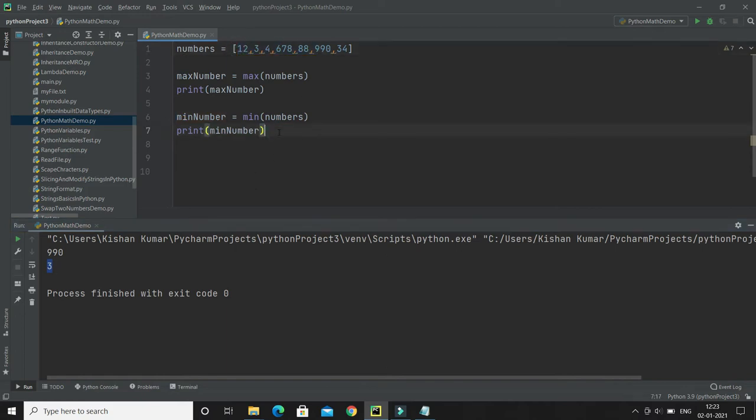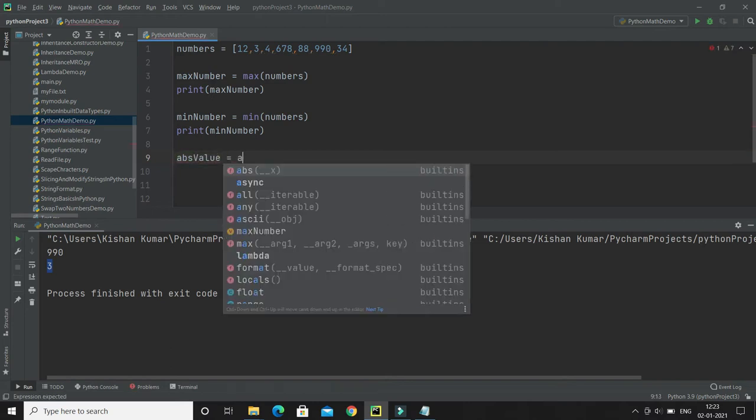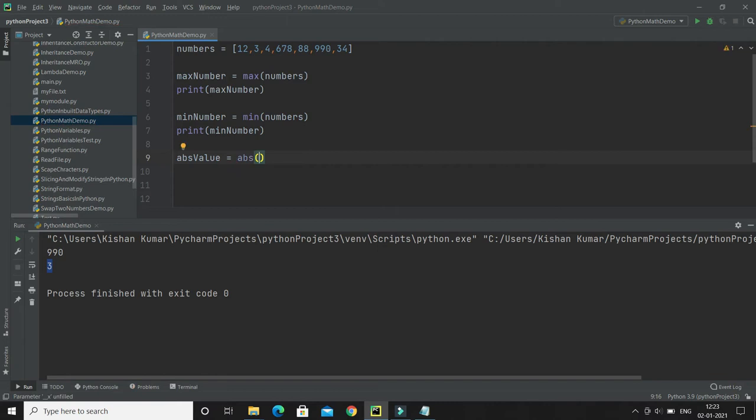That's true. Now we also have some more functions. Here I would like to talk about the absolute function, abs. The absolute function returns the absolute value, or you can say the positive value. So I say abs value, and here I'm going to call abs. If you pass either negative or positive, it will always return the positive number.